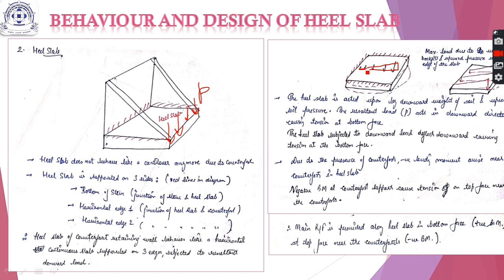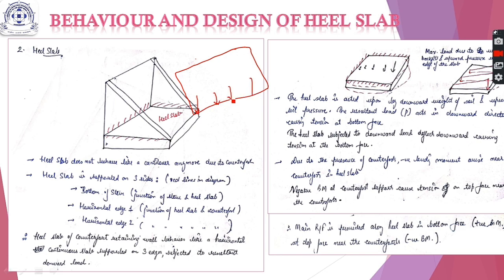Ignore all other loads, just take the maximum load. So if this is your heel slab, this is the stem here, and this is the first counterfort, second counterfort, and these are the loads,